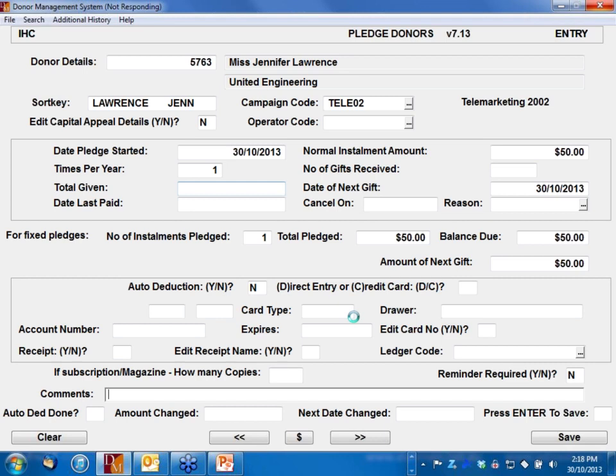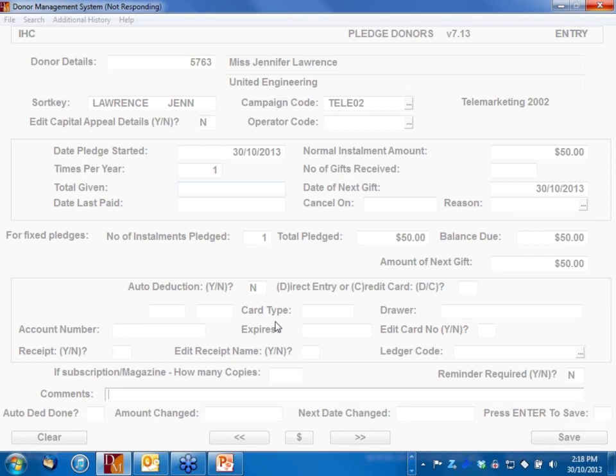So in other words, this has done all the work for us so that we are now finished, and all we have to do is wait for that $50 to come in, and once the $50 has come in, this pledge is paid off. No further money will come in. So it's not a series of gifts, it's one gift that's going to come in the short-term future. Now I did mention that this can be useful.